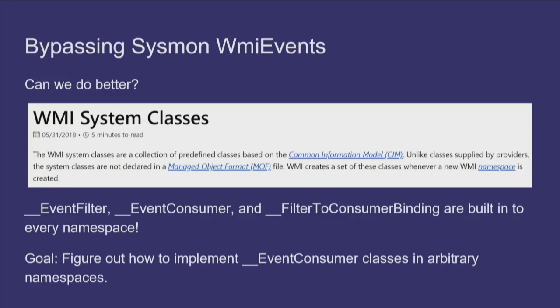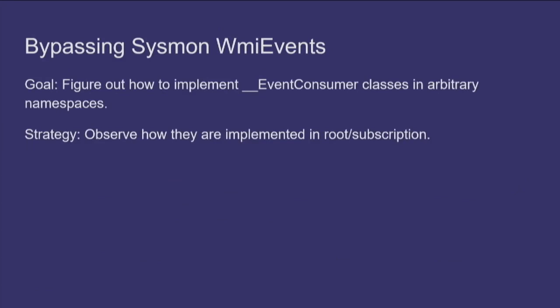So what do we do? And just to call out what the goal is here, I would like to perform WMI persistence in any arbitrary namespace, if possible, because traditional WMI detections up to this point are focused on namespaces. So if any namespace could be used, then we're going to need to do better with our detection somehow. So we need to figure out how to implement